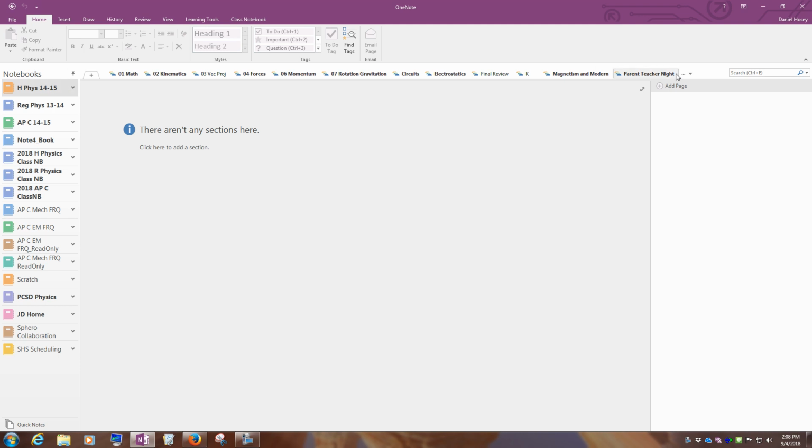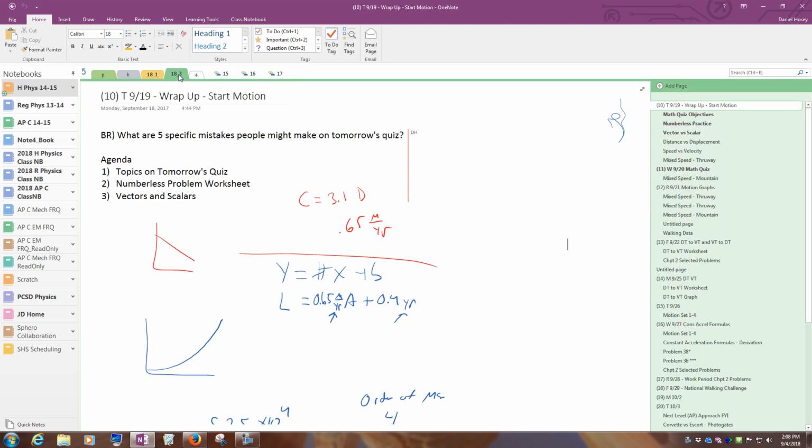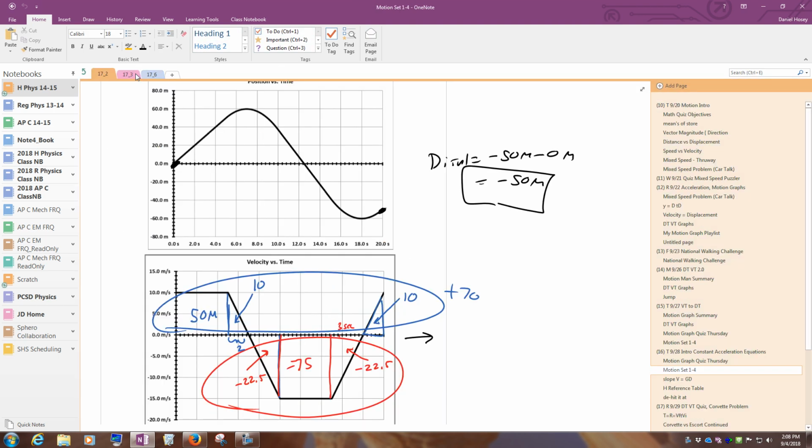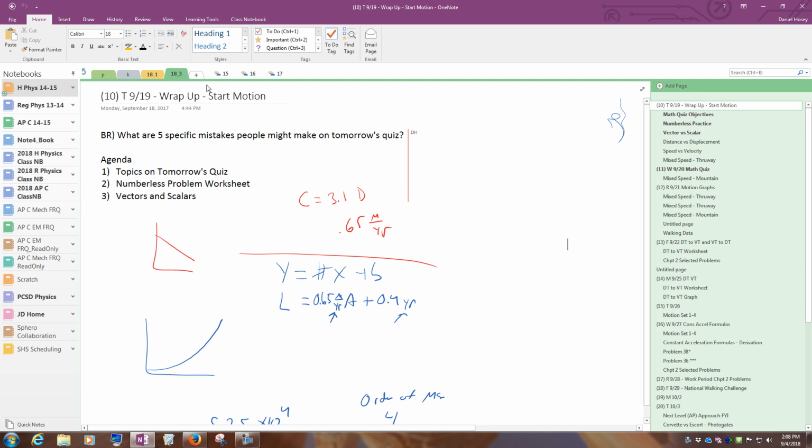Then what I do is I add a section group, which is almost like a collection of folders. So like in kinematics, for example, I add section groups as well. And what I do is I actually make a section group for each year, because I've been doing this a number of years. I find that to be the most useful way to do it. So in 2014-15, 15-16, 16-17, 17-18, and I still have to make the one for the